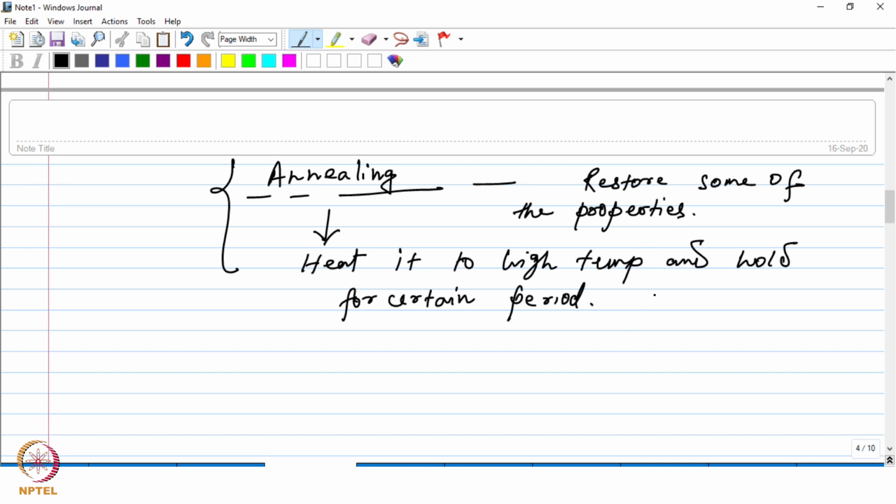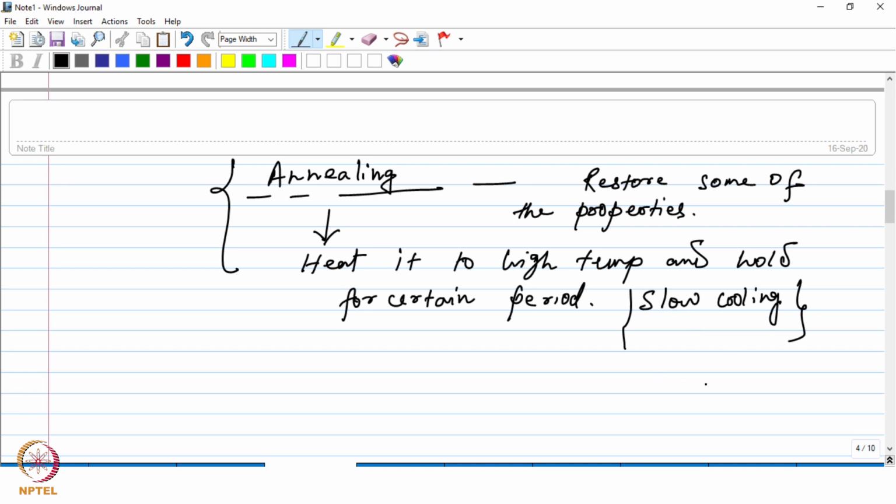And this will be followed by slow cooling. This is critical because if you do not cool it slowly, then the kind of microstructure or the properties that you are expecting